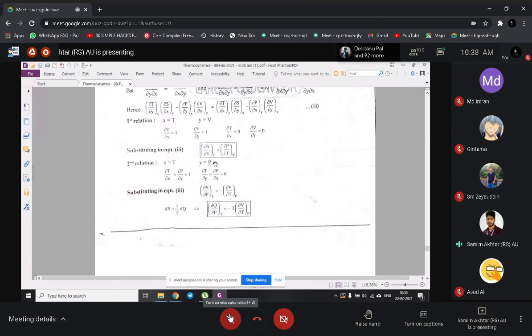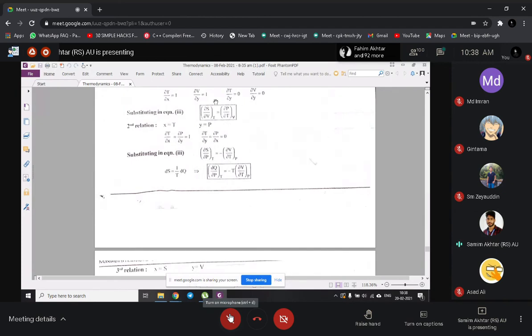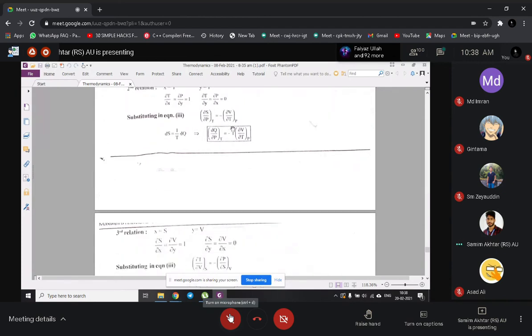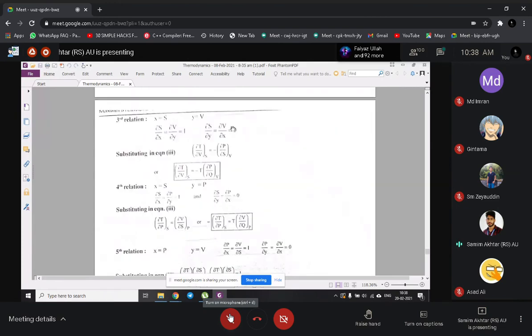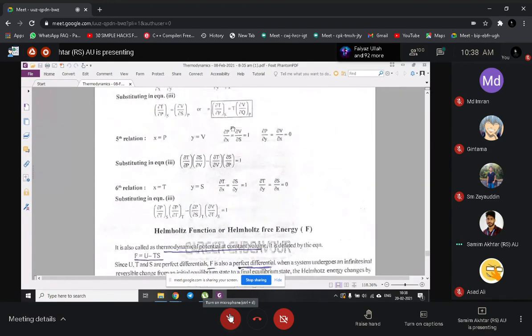So you do not need to explain the Maxwell relations. Just write down the expressions. So there are four Maxwell relations,